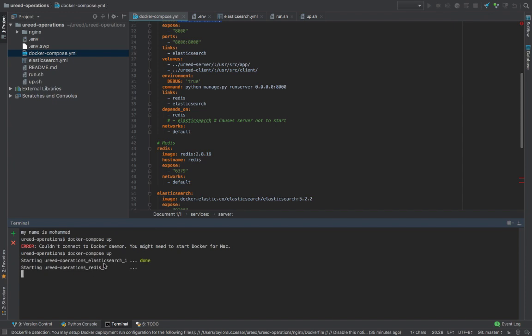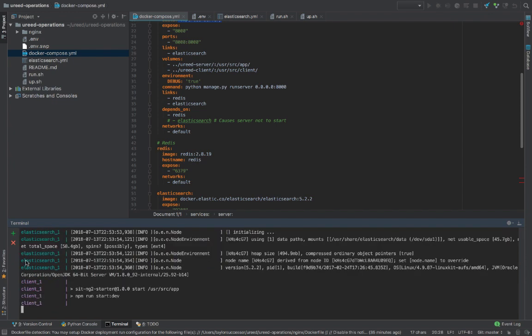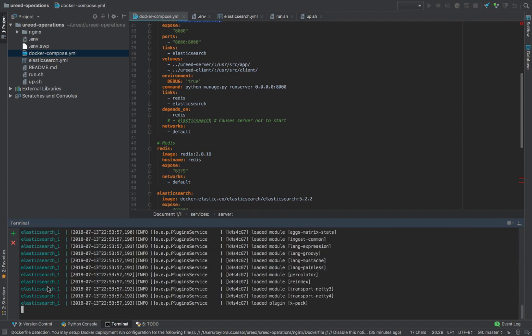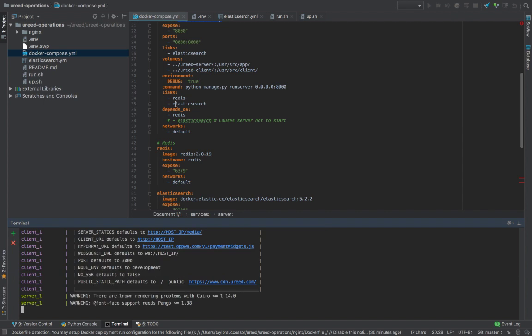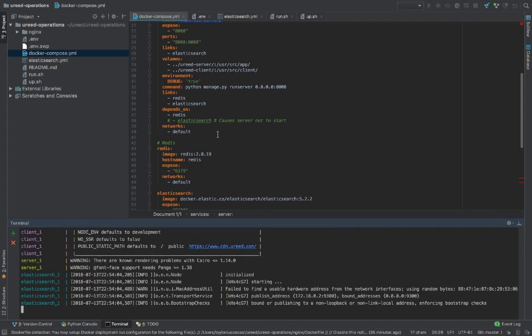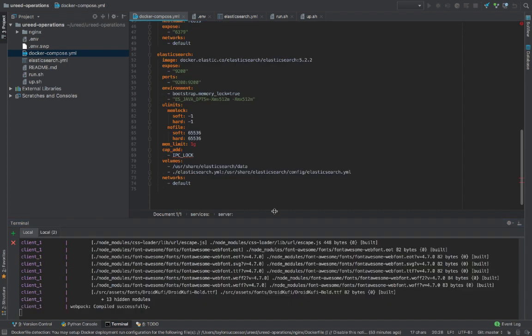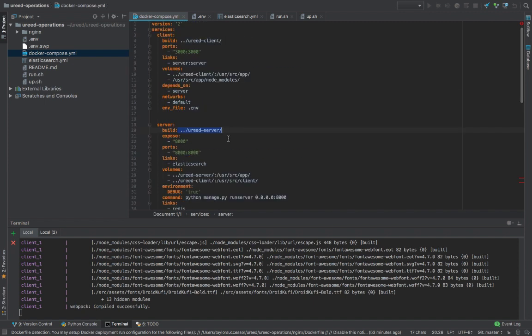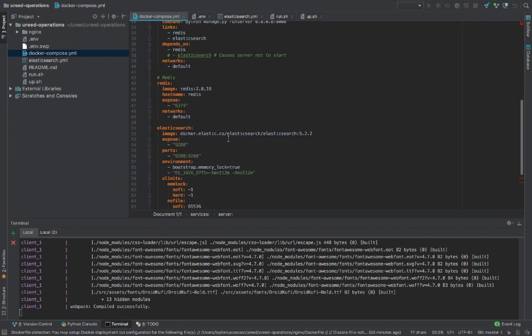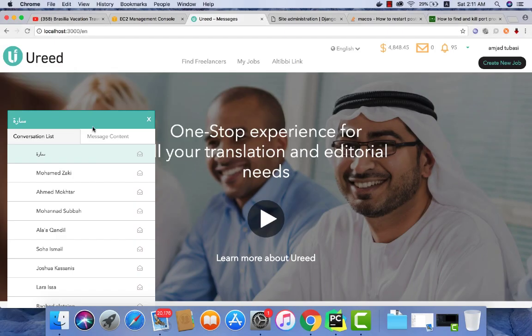This command will run, as we see, Elasticsearch, operations, client, server. These 4 servers will be run with just one command. Now, after Docker Compose finished running these servers, the front end, the back end, the Redis, and the Elasticsearch, we can go to